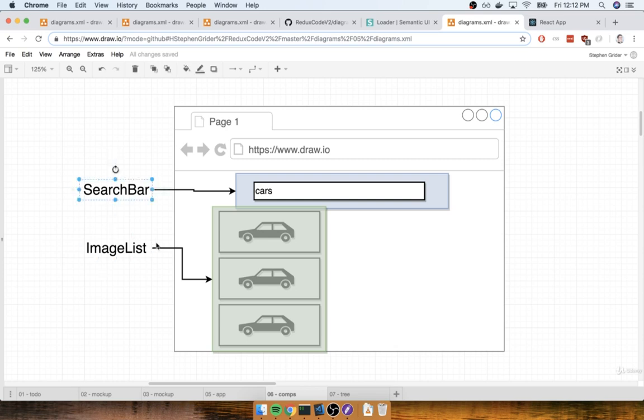We're going to make a search bar component that is responsible for just showing a text input at the very top of the screen. And anytime that a user types something in there, the search bar is going to handle that typing event. We'll also have a second component called the image list. The image list will take a list of images and just render them out as a list on the screen. So pretty straightforward. We're still going to have an app component as we have before. In just about every React application you're ever going to build, you're always probably going to end up with an app component that is going to be at the very top or the most root component of your application.